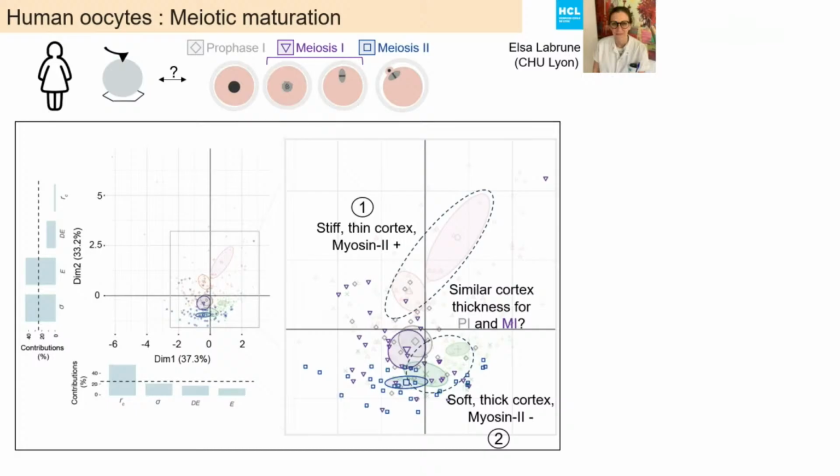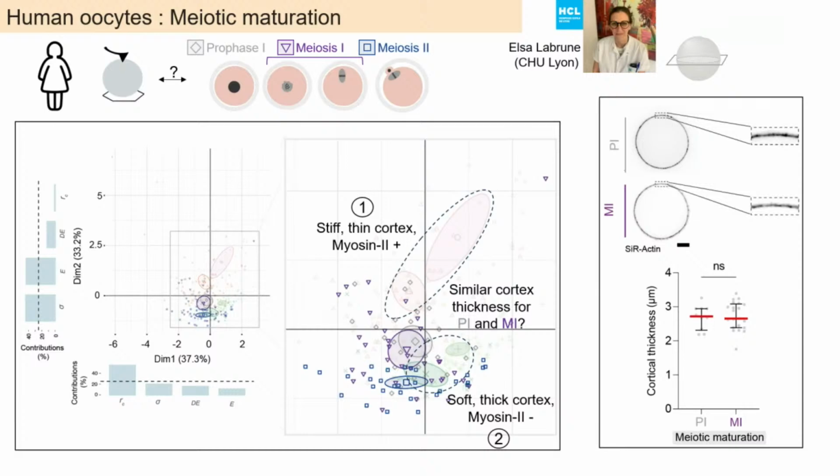This overlapping was surprisingly different from what we observe in mouse, where P1 here and M1 are super distinct in different regions. And so in a way, it could suggest that maybe for the two first stages of meiotic maturation in human, the cortical organization could be maybe similar. So to test this hypothesis, again, we performed multiple measurements, and one of them was to measure the cortical thickness,